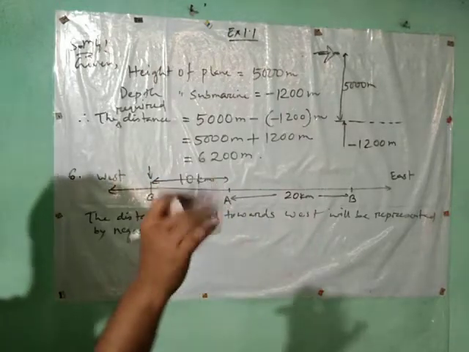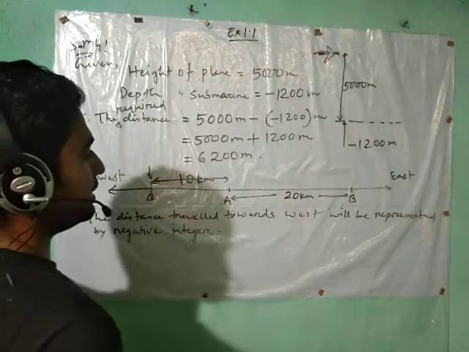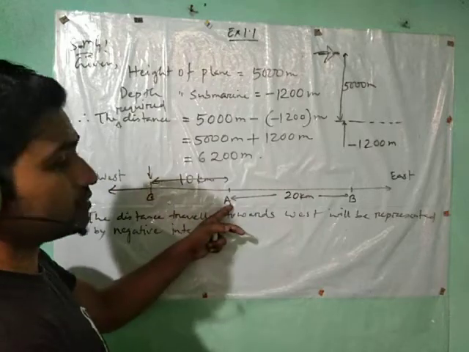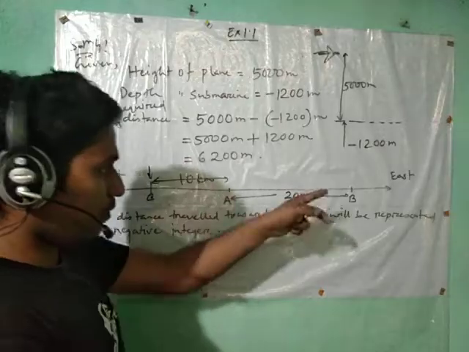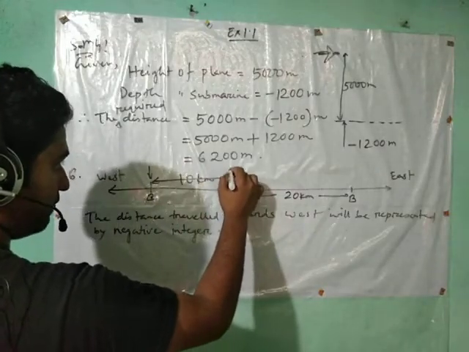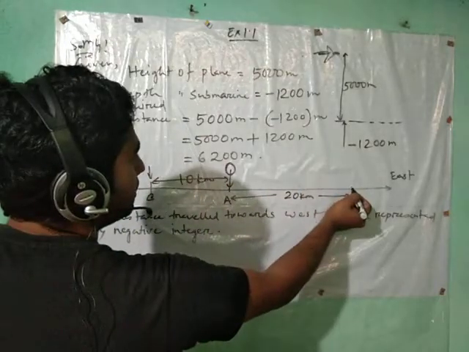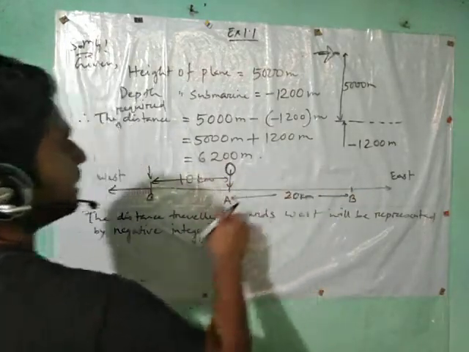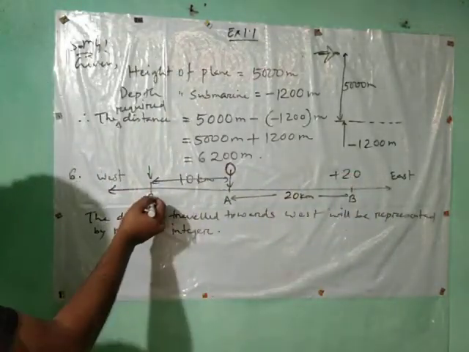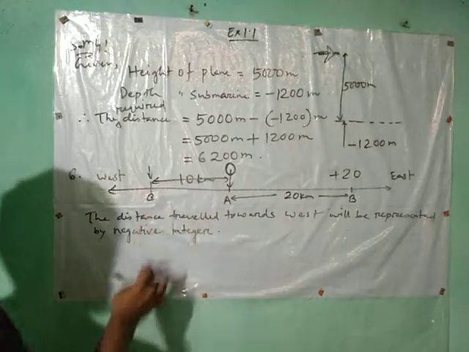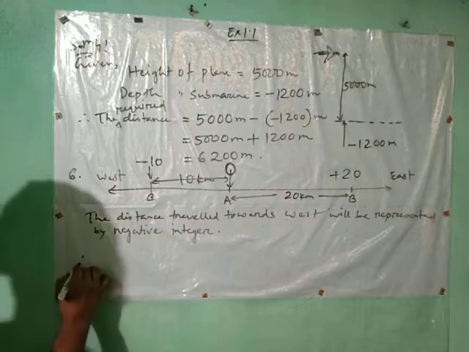Yes or no? Now if I relate these conditions, this is the reference point, isn't it? Because she started from this point. So if I consider this as the reference point, that means it is 0. From 0 we have to indicate this point. Which side is it? It is in the positive direction, so it will be +20. But what about this point? It is on the left hand side, so it will be -10. So your answer will be what, therefore